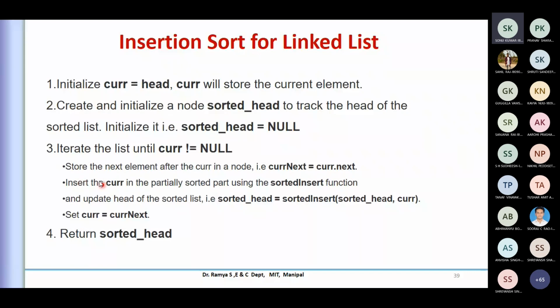This part happens after the comparison. The data value is compared, and if it requires insertion, you create a temporary node, insert that value, and appropriately change the next address.